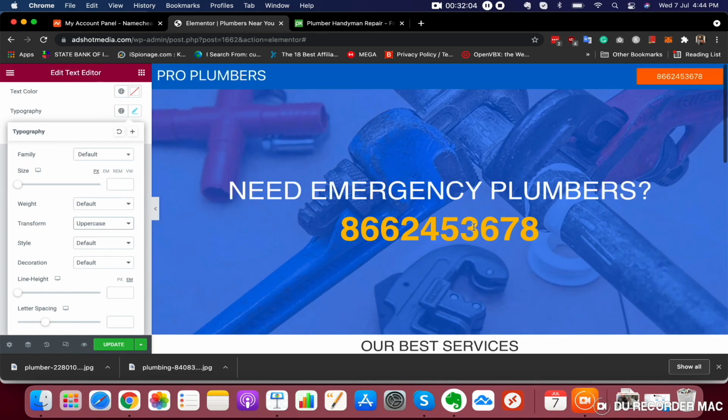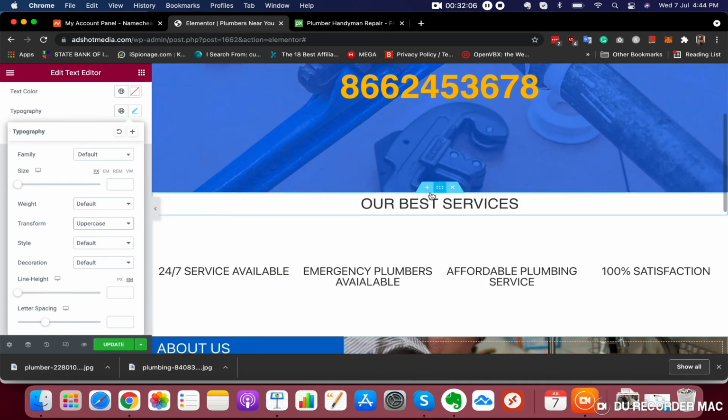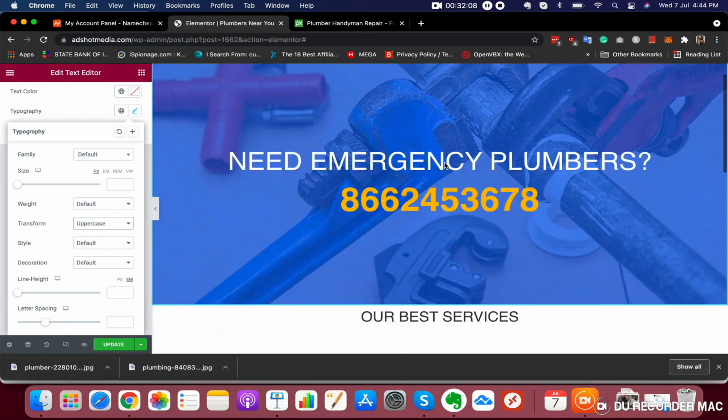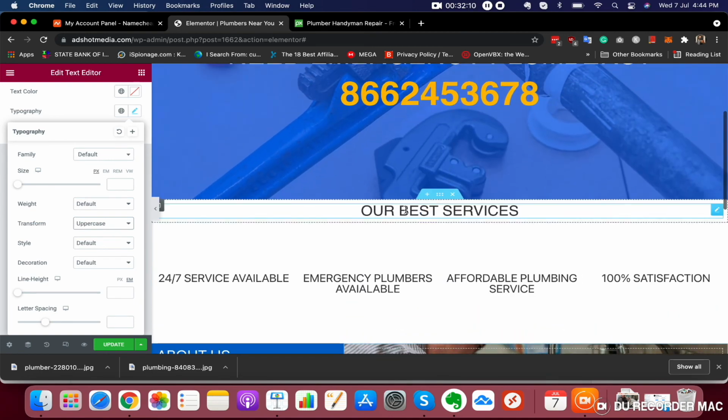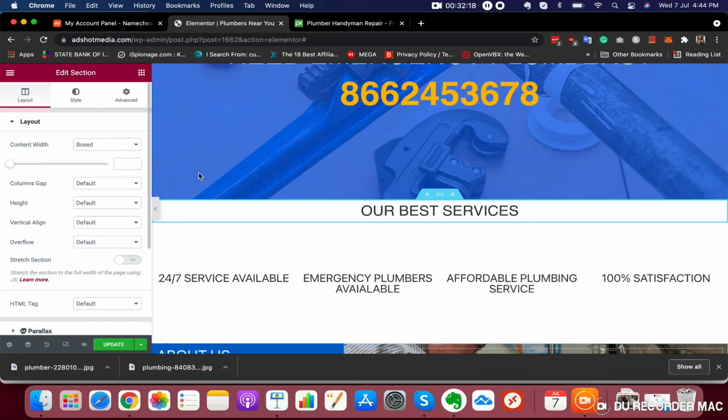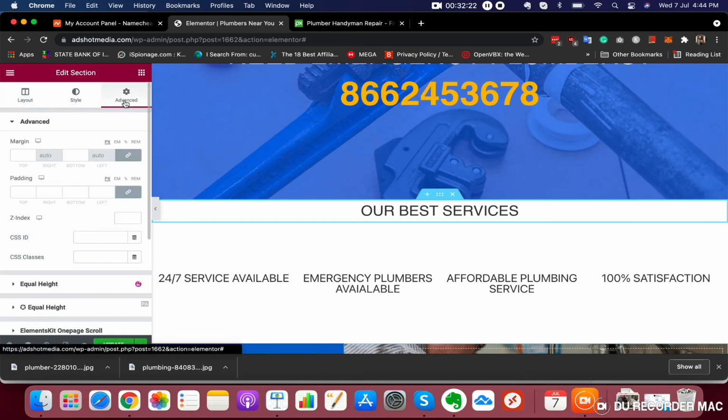Now what I'll do is I'll just put some gap in between this, because this text and this heading section are very close to each other. So let's just put some gap here. Just click this six dots and go to advanced, and let's add some padding.